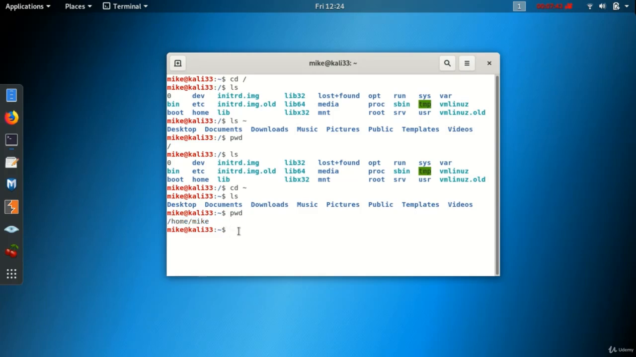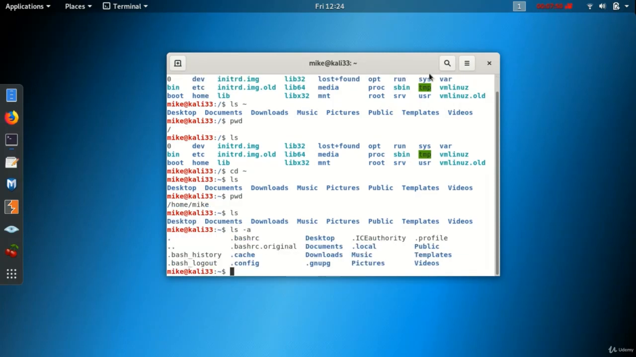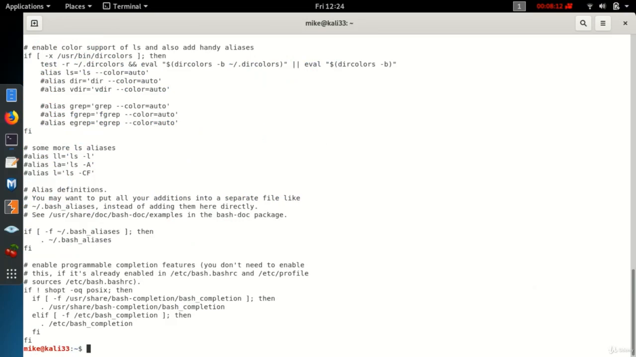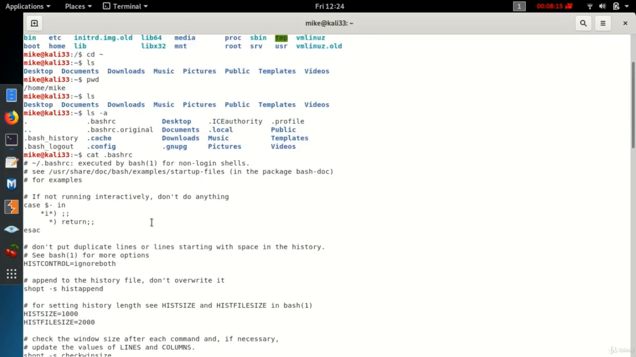If I list the files here, we know that there's some hidden files. So let's do ls -a to see all of those files. There's some configuration files here that are particular to the user, Mike. And in particular, we're going to look at the .bashrc file. So let's open this file. Well, let's cat it to the screen first. We'll do .bashrc. And so if we scroll up,